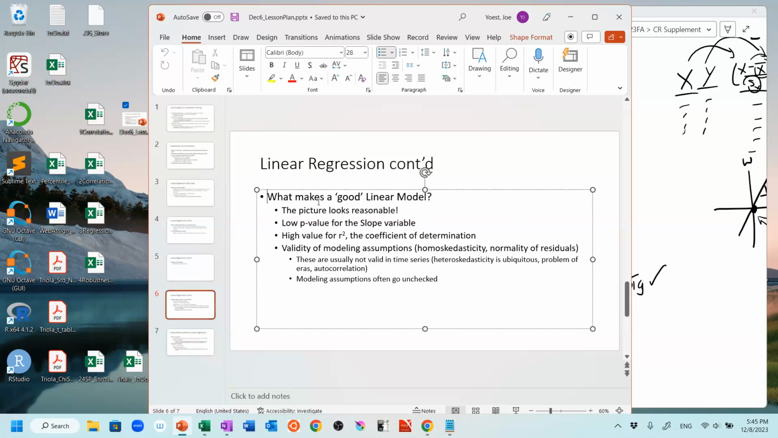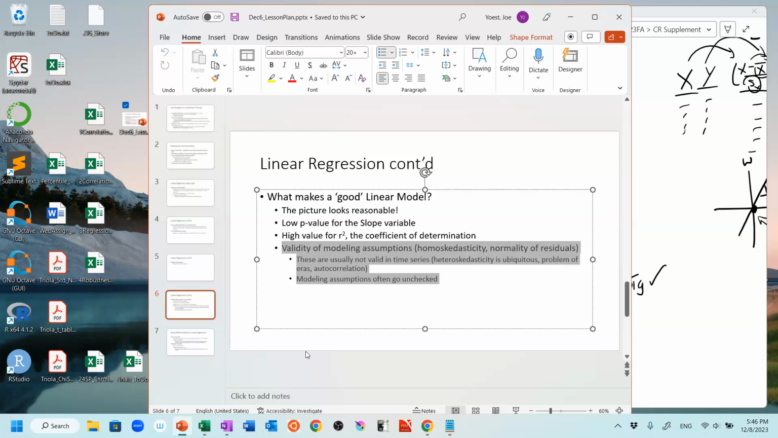So I guess the summarization here is fairly important. What makes a good linear model? First, look at the model in relation to the scatter plot and just make sure it looks reasonable. Does it seem like it does a good job of modeling the data? We're looking for a low p-value for the slope. We're looking for a high R squared, so high explanatory power of the model. And something that we didn't really talk about, but would talk a lot about if we were going further, is